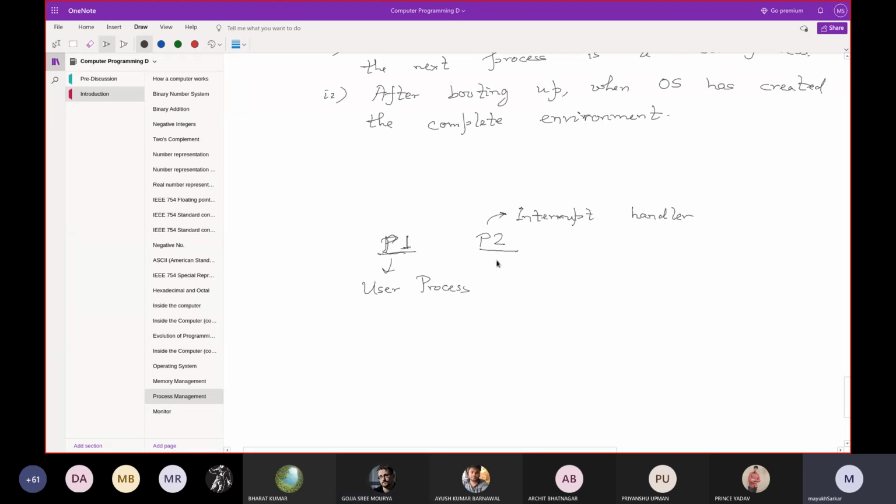One thing may happen, sometimes, okay, let me just tell it. I'm not going into much detail. One interrupt may invoke another interrupt. It happens. So it may happen that this P2 interrupt has invoked some P3 interrupt. Only then will this interrupt handler be context switched, because then P3 will be first serviced completely, then it will come back to P2.